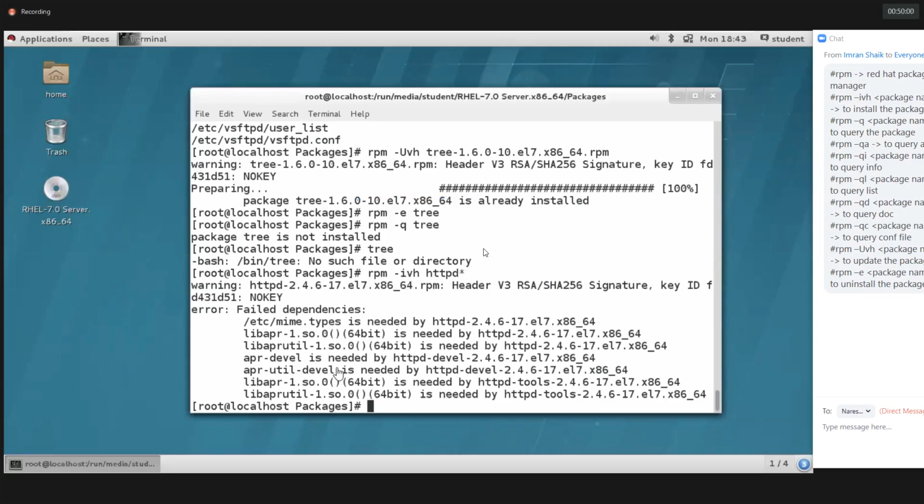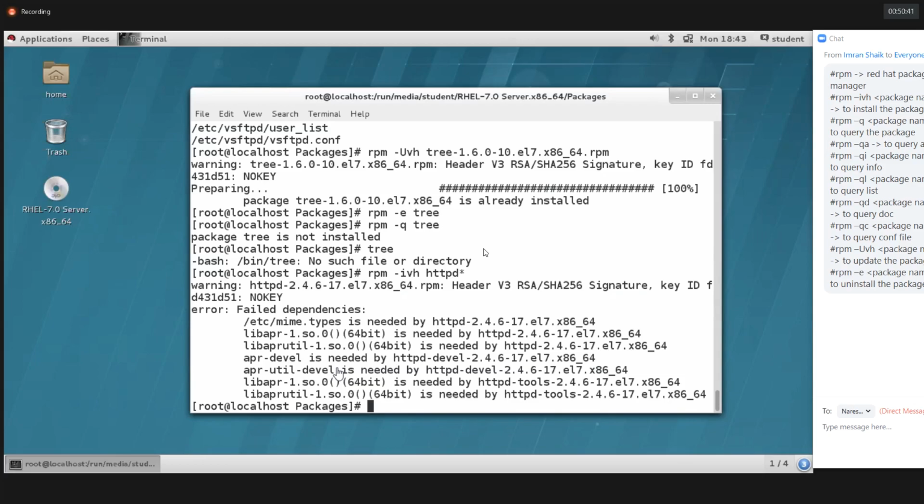Now, if we have 100 dependencies, how are you going to install them manually? Four to five dependencies, even 10 dependencies you can install manually, it's possible. It's not a big deal for us. But if a package has hundreds or thousands of dependencies while you try to install it into your operating system, 100 packages is a bit difficult for us and it will take some time. So to overcome this drawback, they introduced YUM.